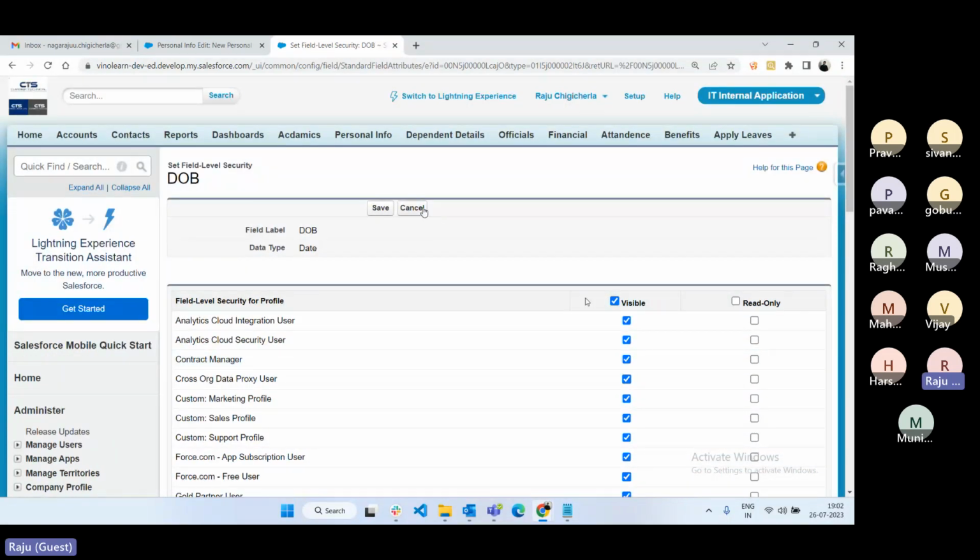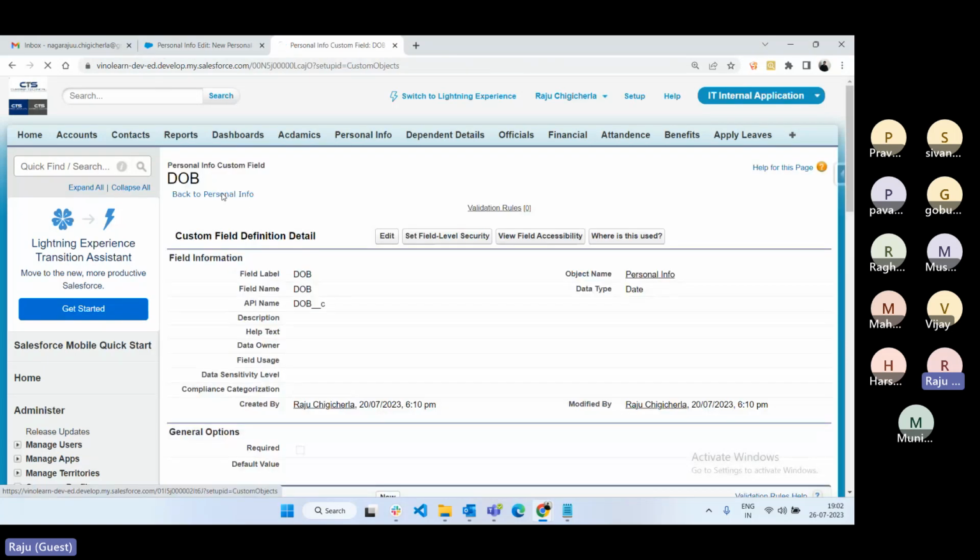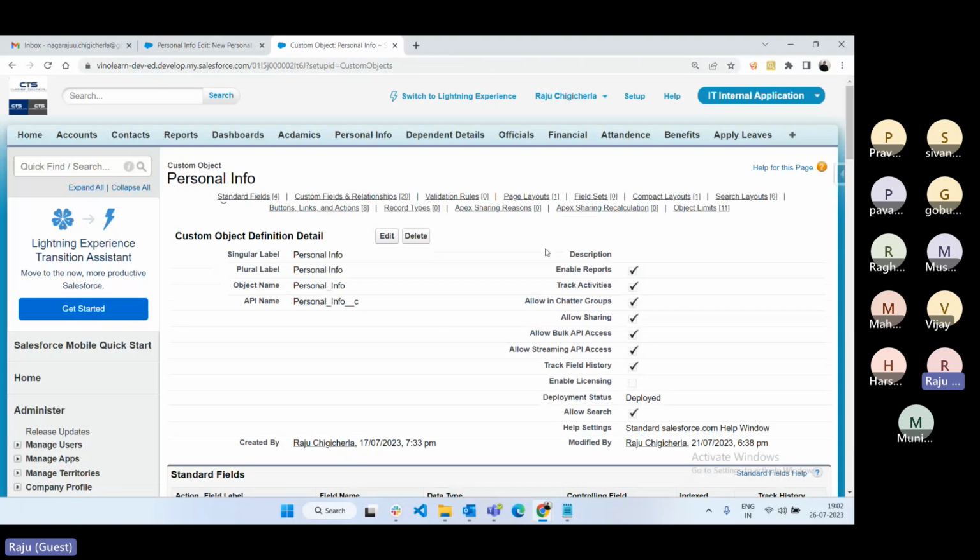You have to debug why the field is visible or not. You have to enable visibility for all profiles, then you are able to see the field in the layout. Still, if you are not able to see it in the layout even though you enabled the checkbox,